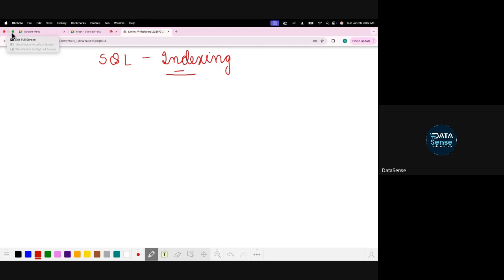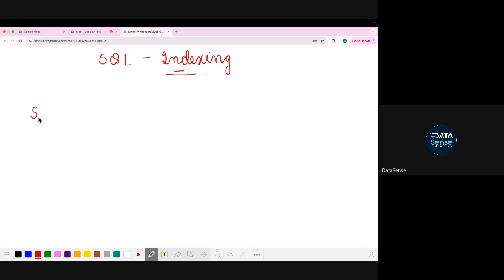So suppose I run a simple SQL query: select star from, let's call it a table, where, let's say, filter 1 is equal to 10.